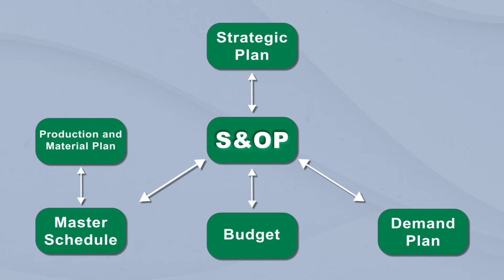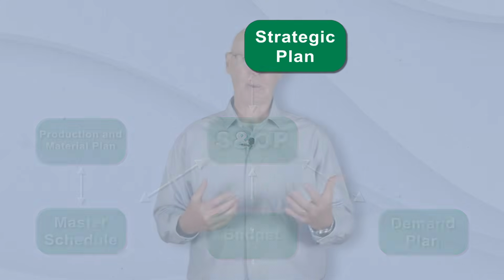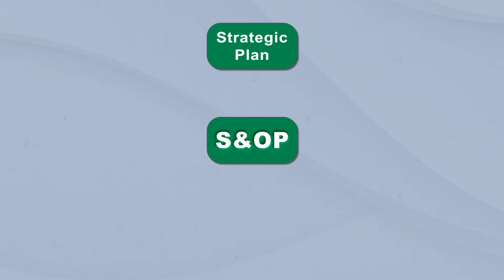You can see the basic planning diagram, one that I've covered in other videos, but it's worth touching on again. If we start at the top, we have the strategic plan. This is typically a 3 to 5 year plan that covers the overall financial objectives, growth, and product strategy, and it's often at a fairly high level, but it may be broken down into individual families. In fact, it actually should be broken down into those individual families